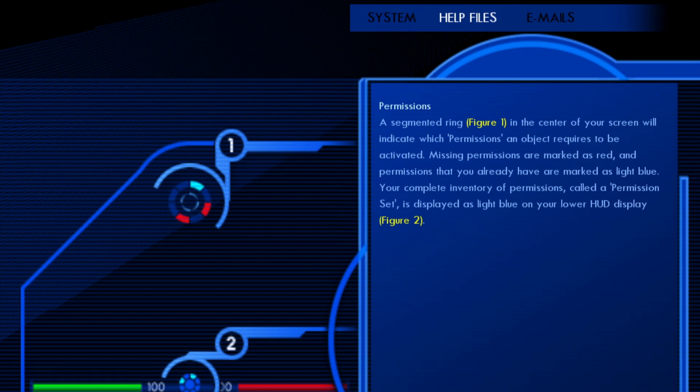Permissions. A segmented ring, figure 1, in the center of your screen will indicate which permissions an object requires to be activated. Missing permissions are marked as red, and permissions that you already have are marked as light blue. Your complete inventory of permissions, called a permission set, is displayed as light blue on your lower HUD display, figure